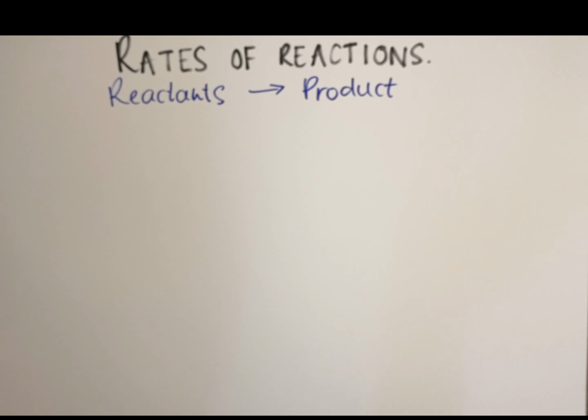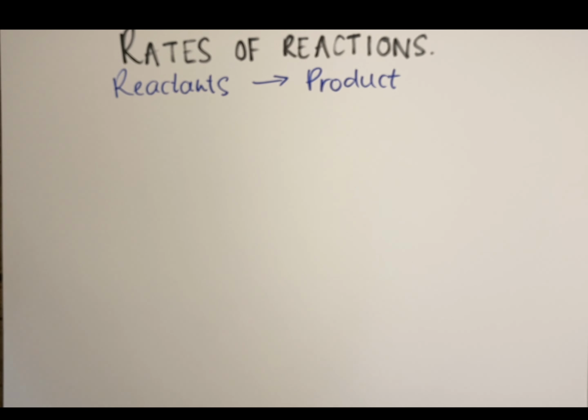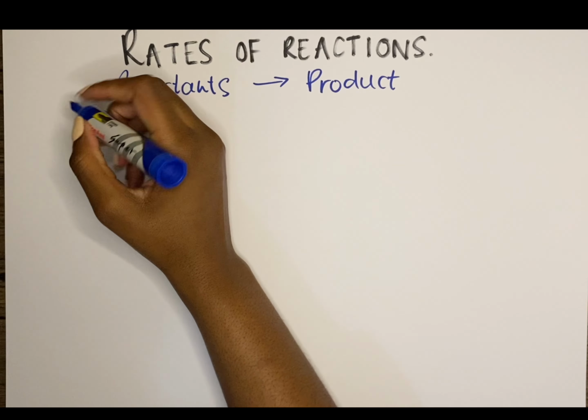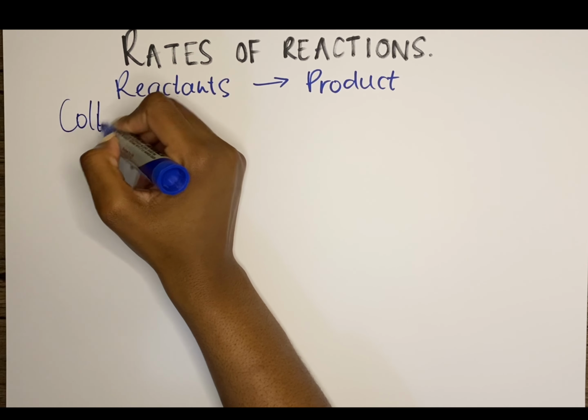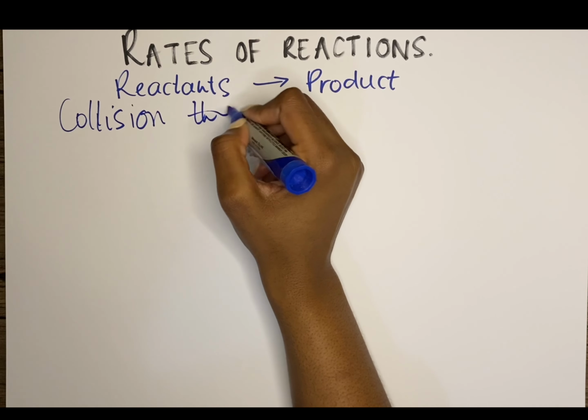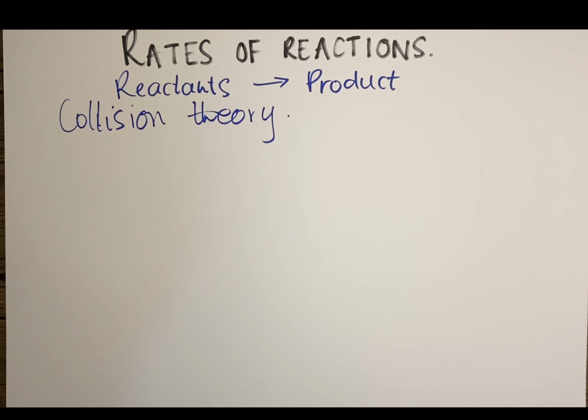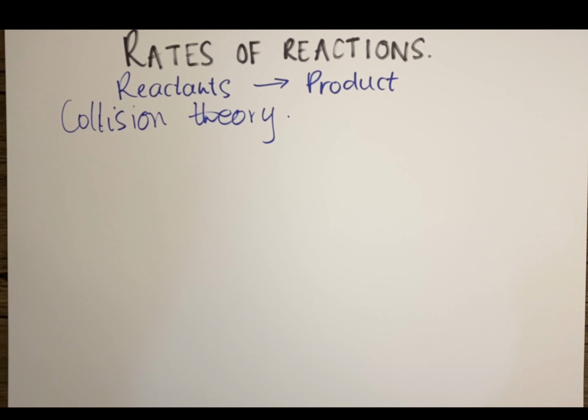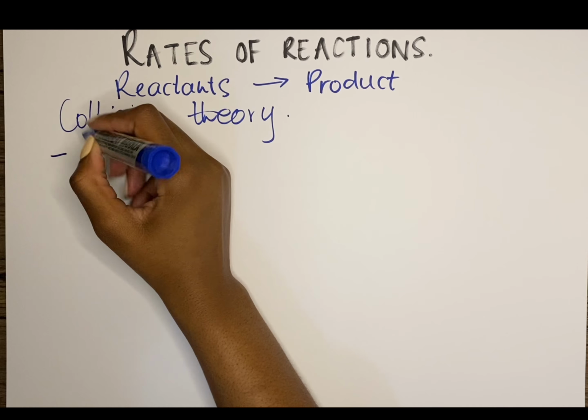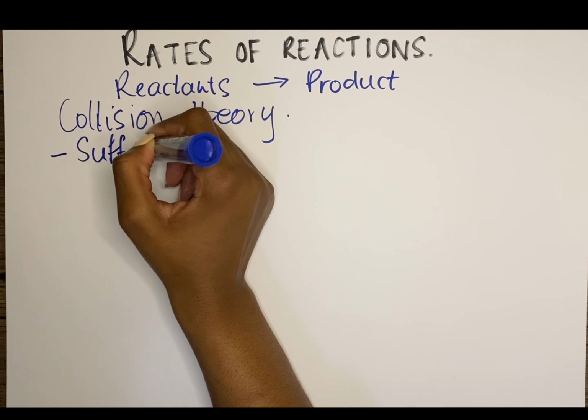But there are some minimum requirements, just like when you need to get into school, you need a certain minimum mark, for instance, to qualify to do a certain course. For two substances to react and form a certain product, you have some requirements, right? These requirements are governed by what we call the collision theory. Collision theory basically just says when two substances are made to react, then those substances must have a certain sufficient